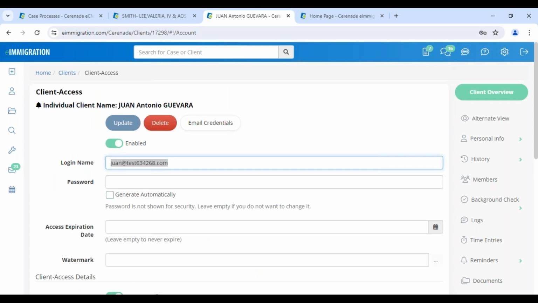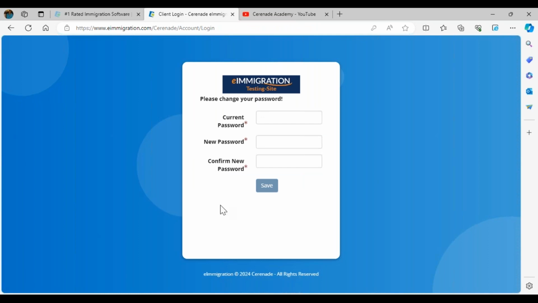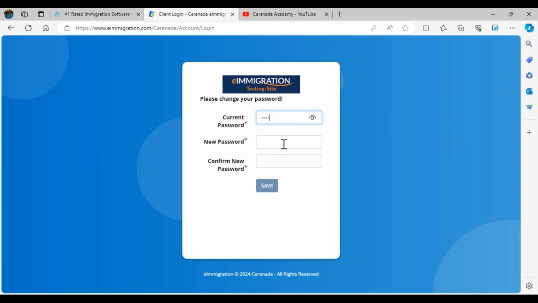Now I can show you what happens when the clients log in. I'm going to log in as the son with the 1234 password. This is why I like to use 1234, because it's easier for them. Instead of copy pasting a complicated password, they still have to change it anyway. So 1234, and then